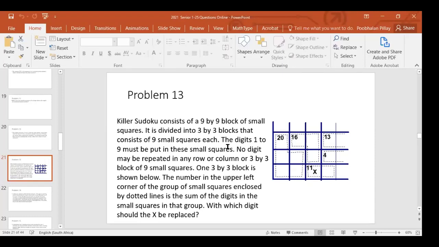The digits 1 to 9 may be put into these squares. No digit may be repeated in any row or 3 by 3 column, right? So the number in the left-hand corner is the sum of the smaller squares, which is what I just told you. Okay, so you got